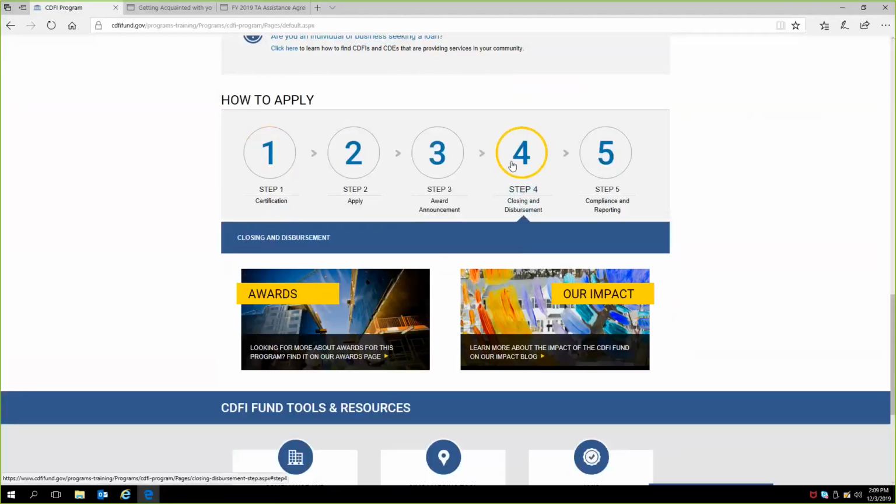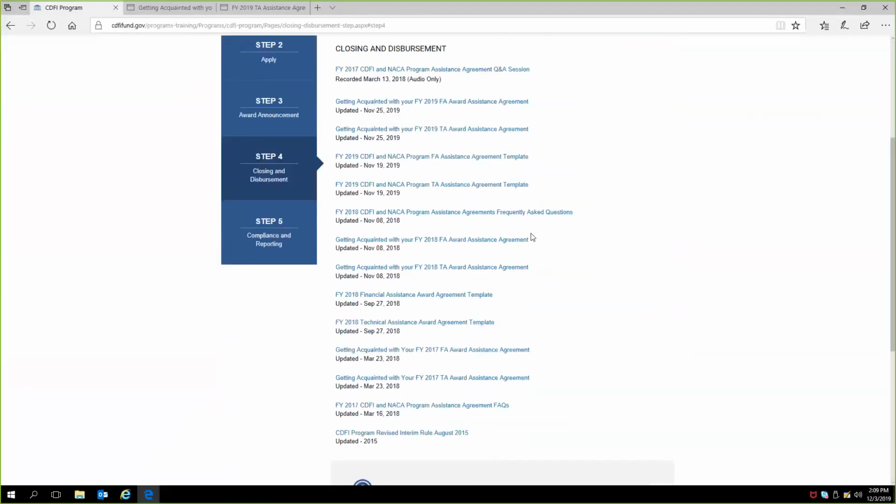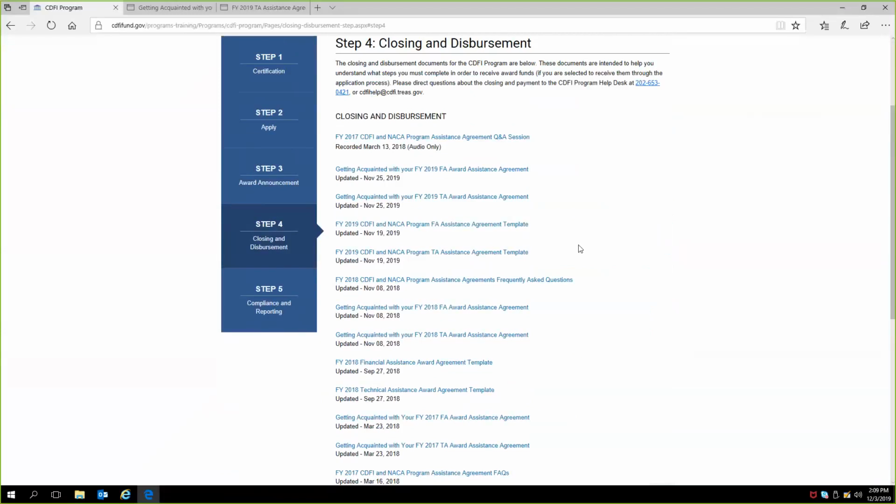You're going to click on the Step 4 circle for closing disbursement. There's going to be a few documents listed here. We've got some of our older documents archived, but you're going to be looking for the Getting Acquainted with Your FY 2019 TA Award Assistance Agreement document. And then we've also got